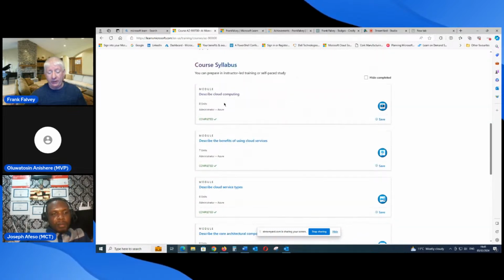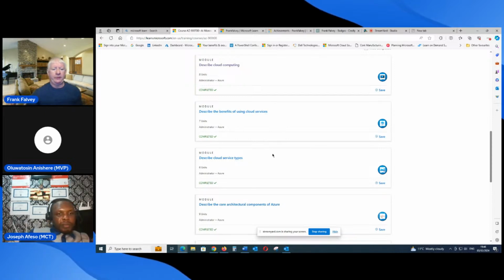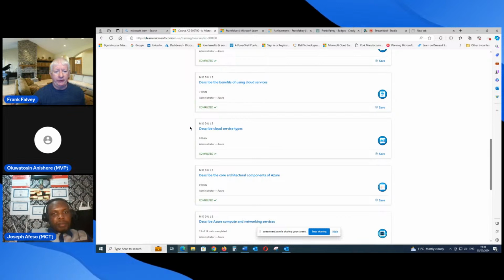You can see there, describe cloud computing in module 1, and there are 8 units inside that. The next one, describe the benefits of using cloud services, has 7 units inside. The next module is describe cloud service types.